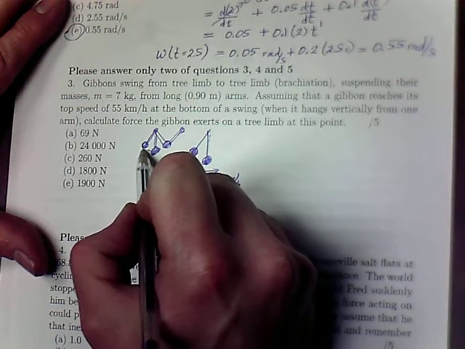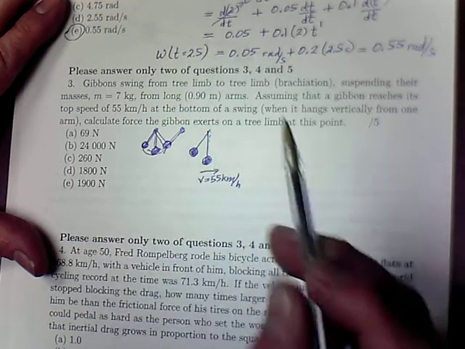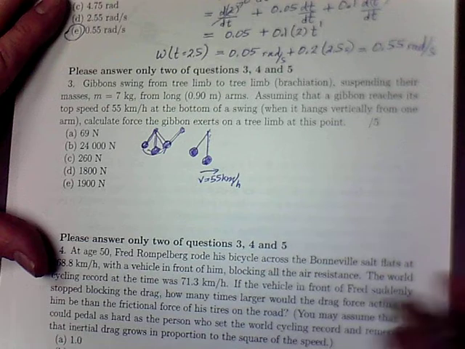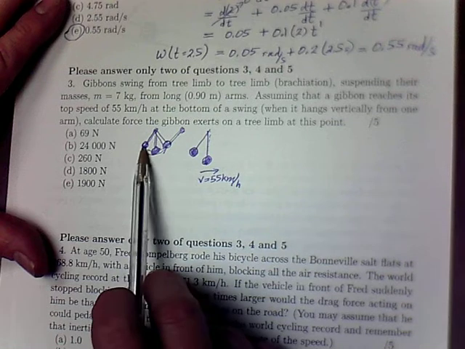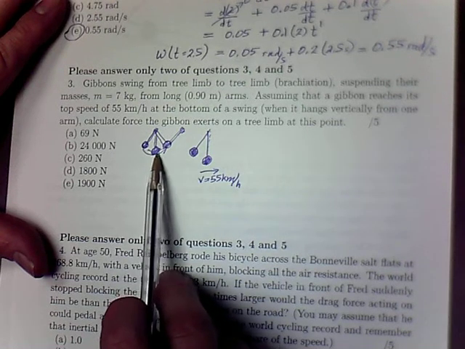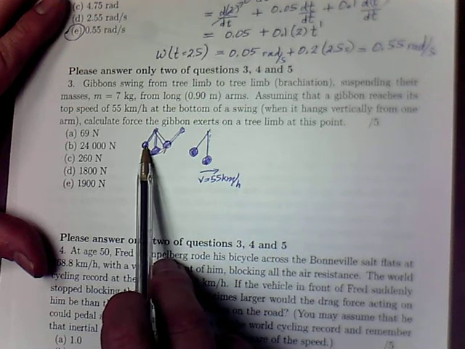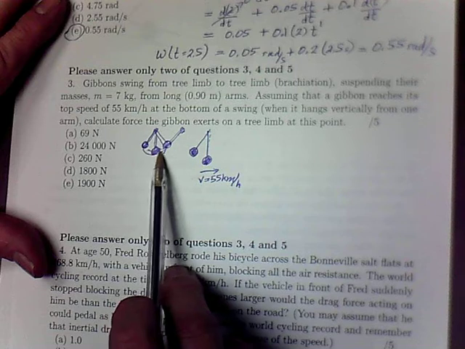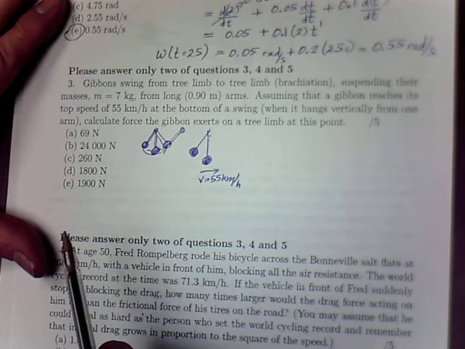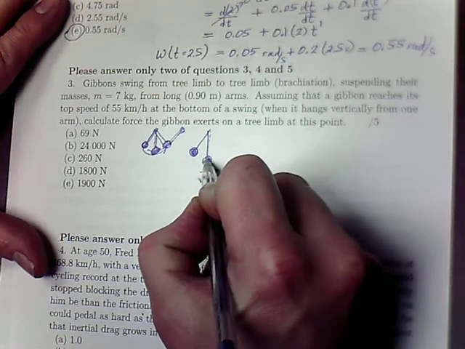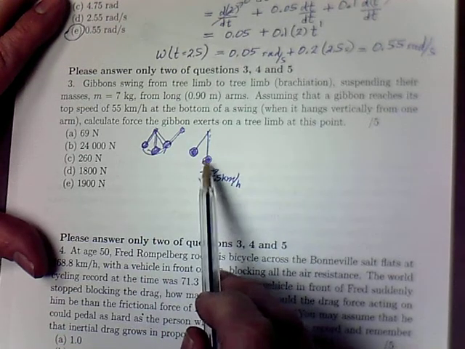And we notice the type of motion that this gibbon has looks a lot like the problem that we had in class where we were walking and our hip was going through a circular motion. Here it looks like the arm of the gibbon is the length of an object, and the body of the gibbon is going through circular motion. So this is a problem in circular dynamics,